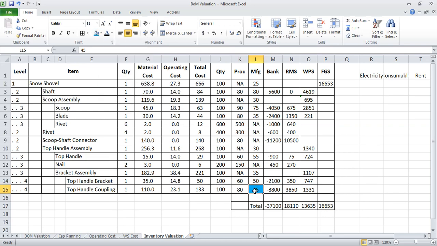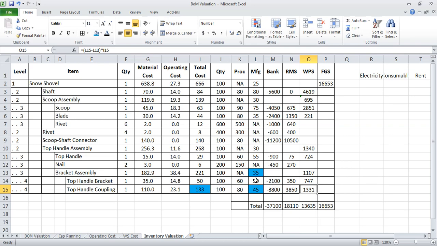Out of 45, 35 were taken for bracket assembly, so 10 numbers would have been balanced in the workshop. Those 10 numbers were multiplied by its total cost, because each top handle coupling after processing is costing me 133 rupees. So 45 minus 35, 10 number balance, multiplied by 133, it gives me 1331 rupees because of the fractions, decimals.